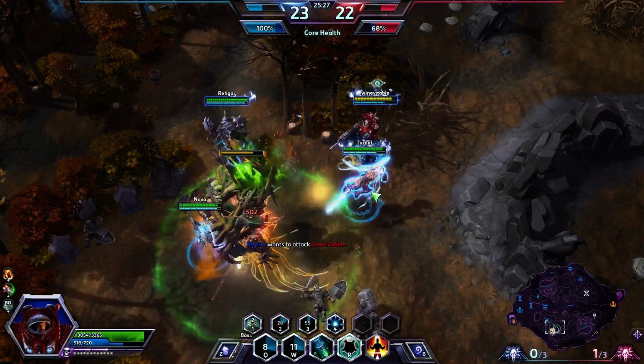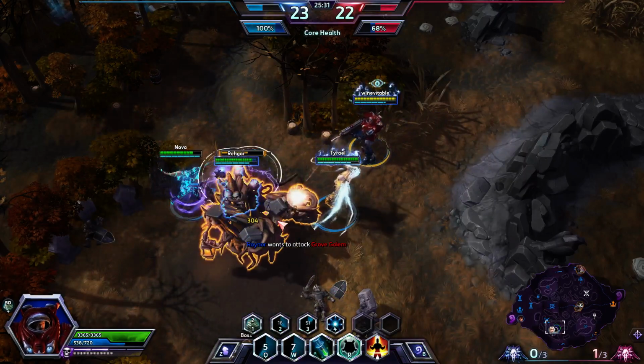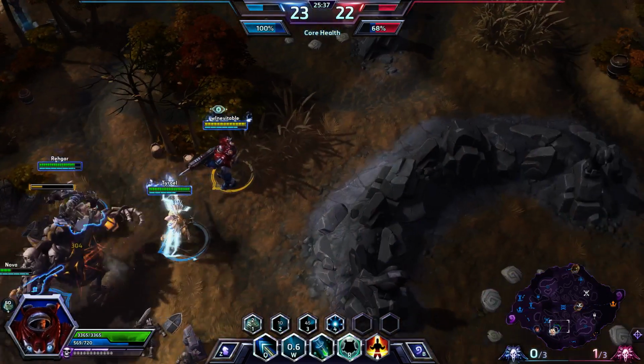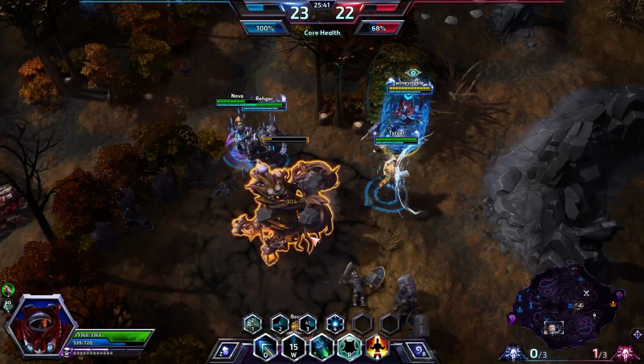Try to split up so you don't all get stunned and body blocked into a stun. And now they have to defend. See, they're defending the giants, defending the knights mid lane, and we're going ahead and getting another camp. And then we could even go...